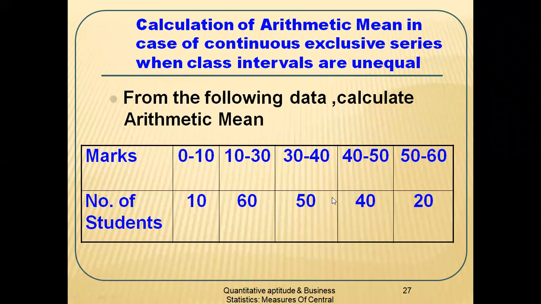Okay. So in today's class, with respect to arithmetic mean, here there is a question which is given to you. In this question, if you observe, the marks of the students are like 0 to 10, 10 to 30, 30 to 40, 40 to 50, and 50 to 60. If we observe the class intervals, under the first class, the class width is 10. That is nothing but 0 to 10 means only 10 numbers are there. But when I come to the second class, the numbers are like 10 to 30. So 10 to 30 means here 20 observations are there. That is from number 10 to number 30. So 20 observations are there.